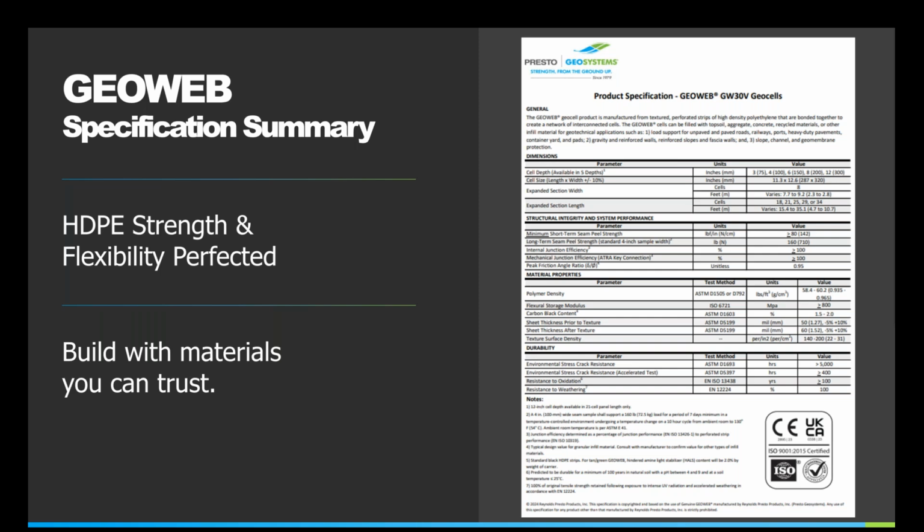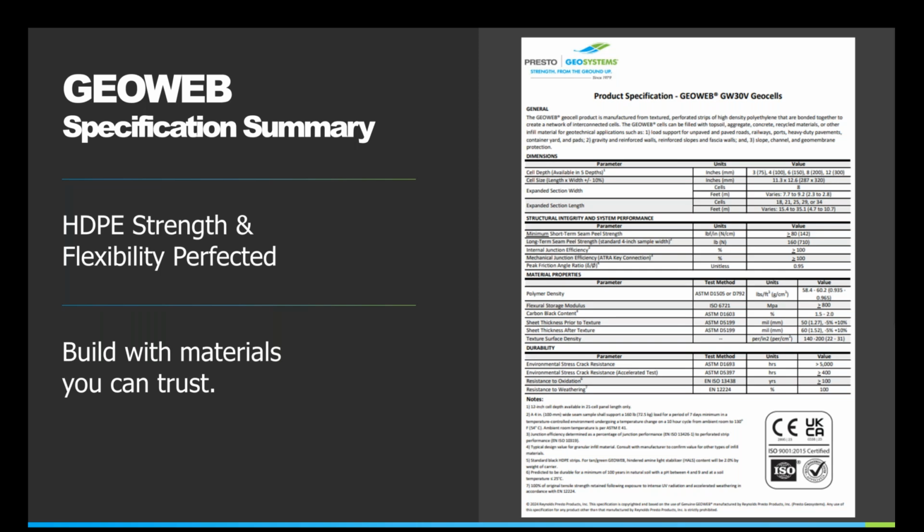And again, it is much more important to have a uniform characteristic across all of those systems rather than an emphasis and a focus on a single characteristic, such as environmental stress crack resistance. If you only focus on that, you are doing that to the detriment of everything else that makes a geocell system work. So it is just really important to make sure you have that uniformity in performance. That's kind of the key word that I want you to take away from all of this. I'm just going to keep mentioning that word, uniformity.